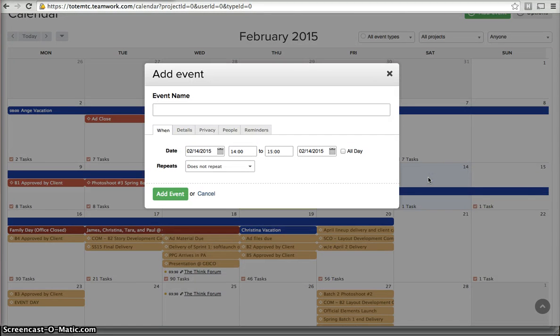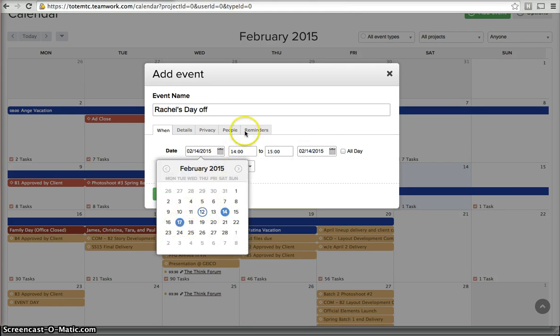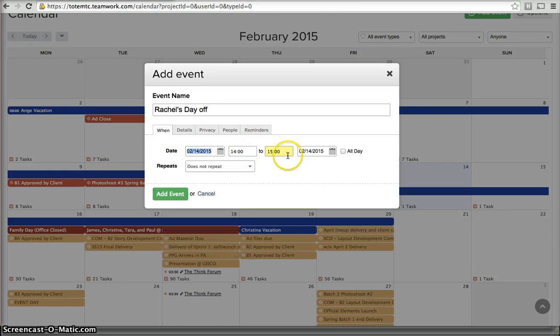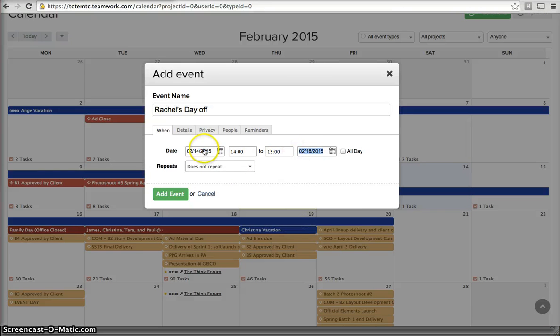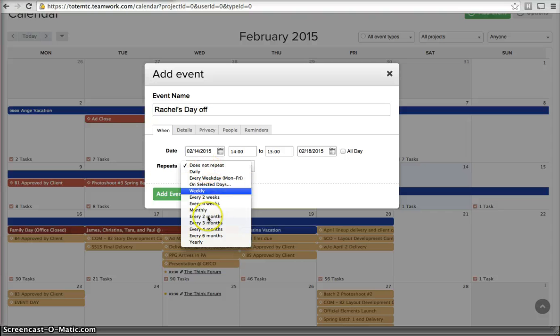Straightforward enough, just click on the day that you want and put in the event name. In this case, I'm going to say Rachel's day off. Here it allows you to adjust times if you're only out of office for specific instances, or you can make it span several dates. So here I'm going to be off on the 14th, happy Valentine's Day to me, and I won't be back until after the 18th. You can also set these things to repeat,